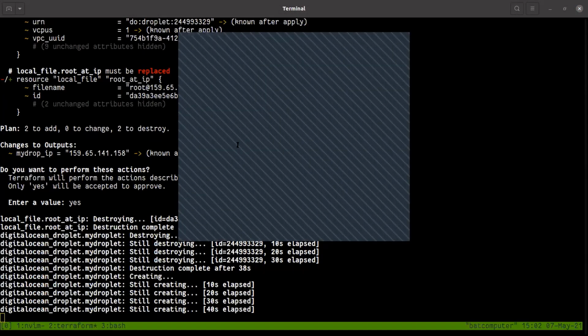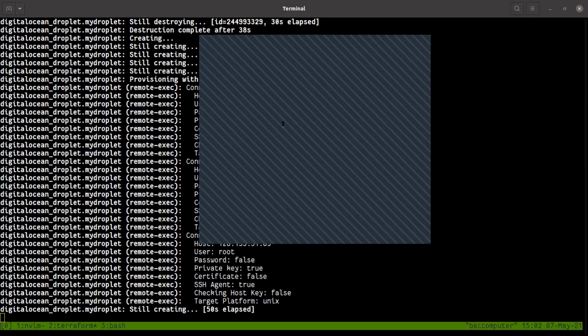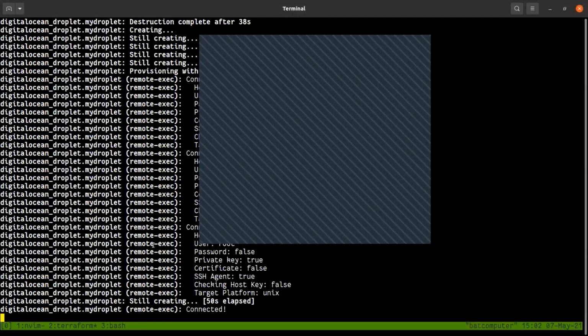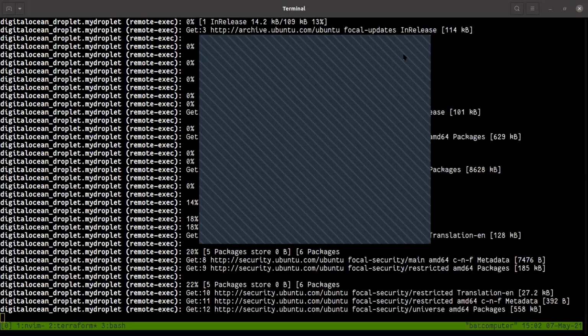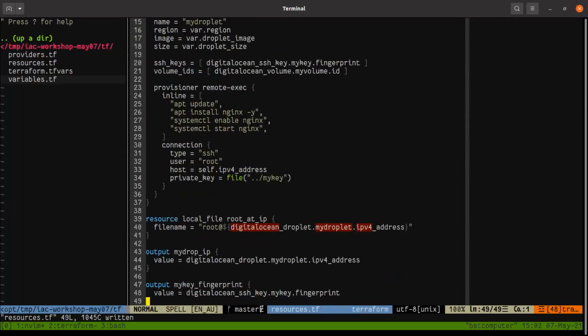Okay, what is the question? What is the local provider for? Alvin Ching asked, what is the local provider for? Local provider is for creating files, right? So let's go back to here. It's for creating this file. So notice this is the local provider for creating files. Okay.